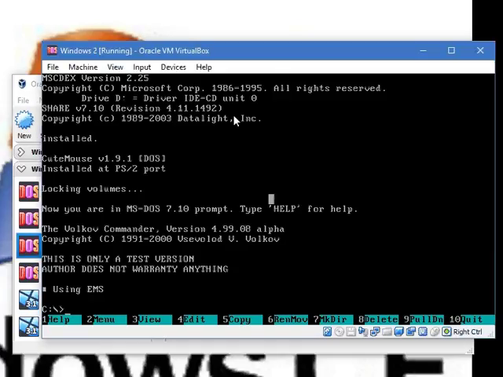Today we are going to install Word for DOS. Yes, it actually does exist. Anyway,